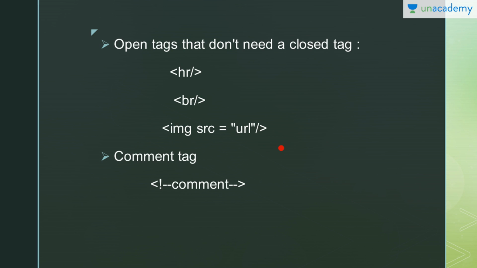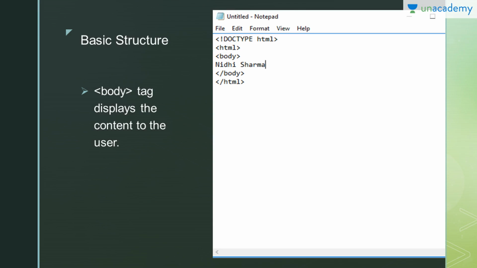Okay, and here this is the comment tag. Comment is something that is not displayed on the web page. Okay, we write comments so that if in future any other programmer comes and wants to review your work, then he can get some idea about what you have done in your worksheet with the help of comment tags, right?